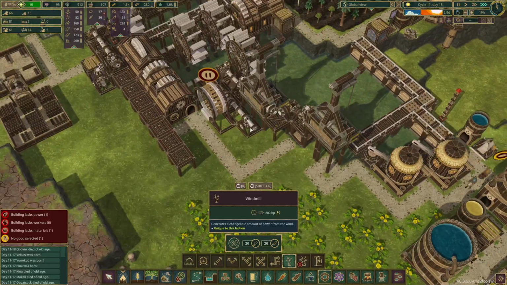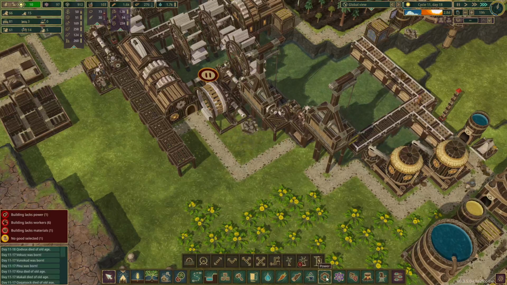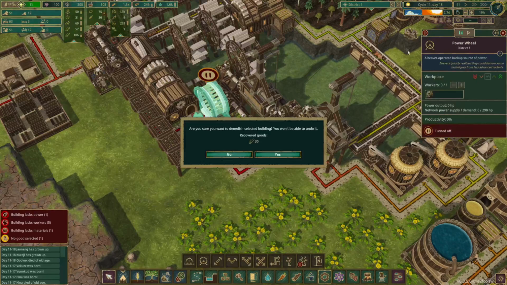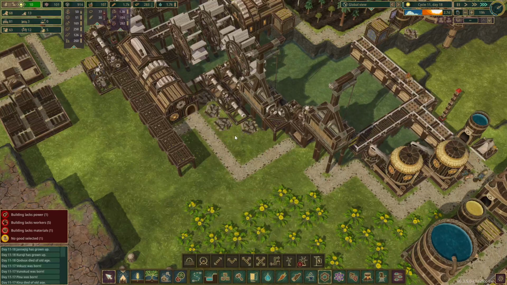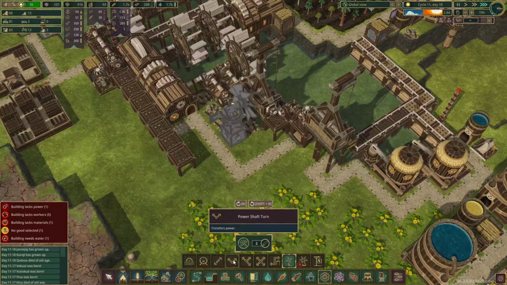If I delete that, would it build there? Let's just see. So if I build that, will the windmill be built there? It makes sense to be able to... No. Is it the power wheel? I want to see if this works. So... Let's learn, because this is what this... Yeah, it does. So you have to destroy the building to build...